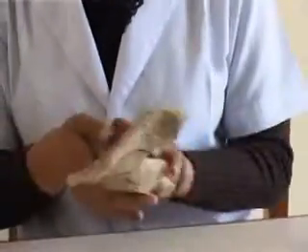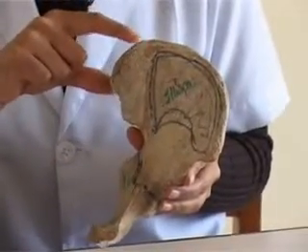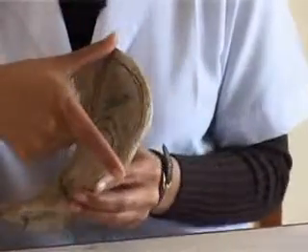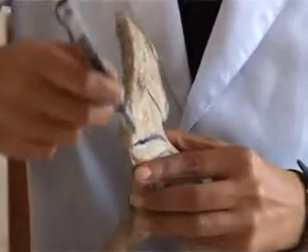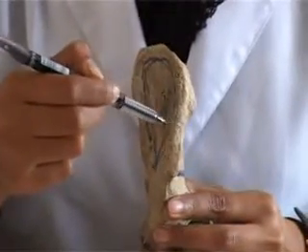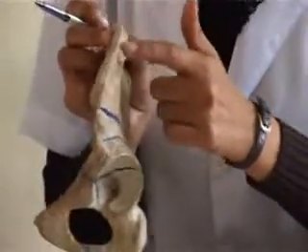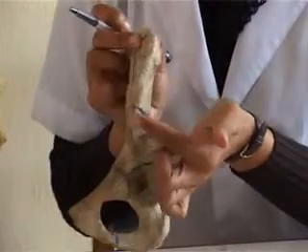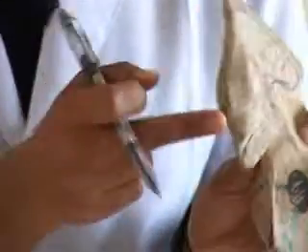Iliac crest is divided into a long ventral segment and a short dorsal segment. Long ventral segment comprises outer lip, intermediate area and inner lip. The tubercle of iliac crest lies 5 centimeters behind the anterior superior iliac spine. The short dorsal segment comprises lateral slope and a medial slope.